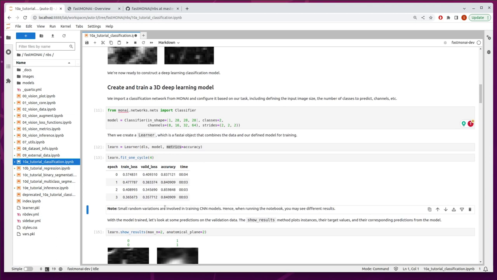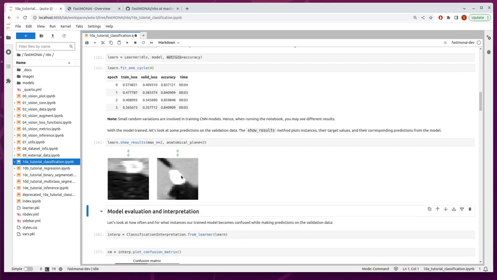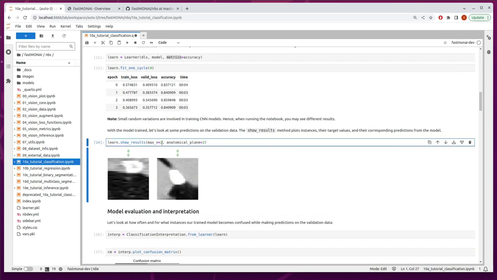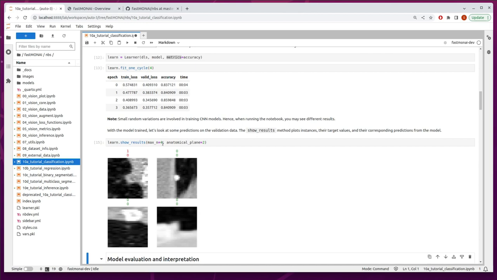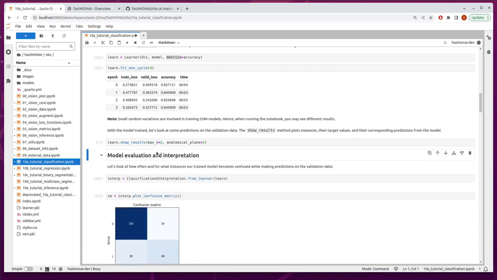Okay, now the training is done, and we can have a look at some results on the validation data. Here as well you can play around and change the value. Here we found one that should be 1 but was predicted as 0, so we can have a further look at the